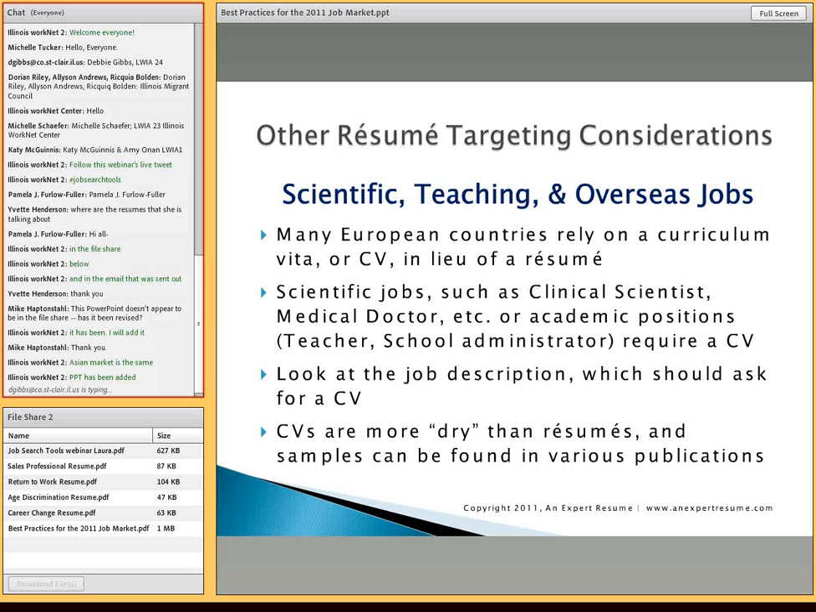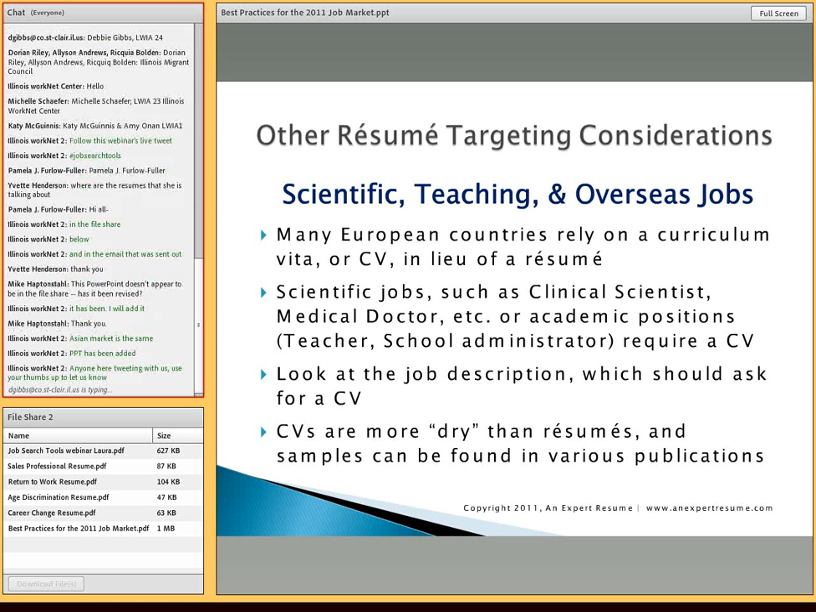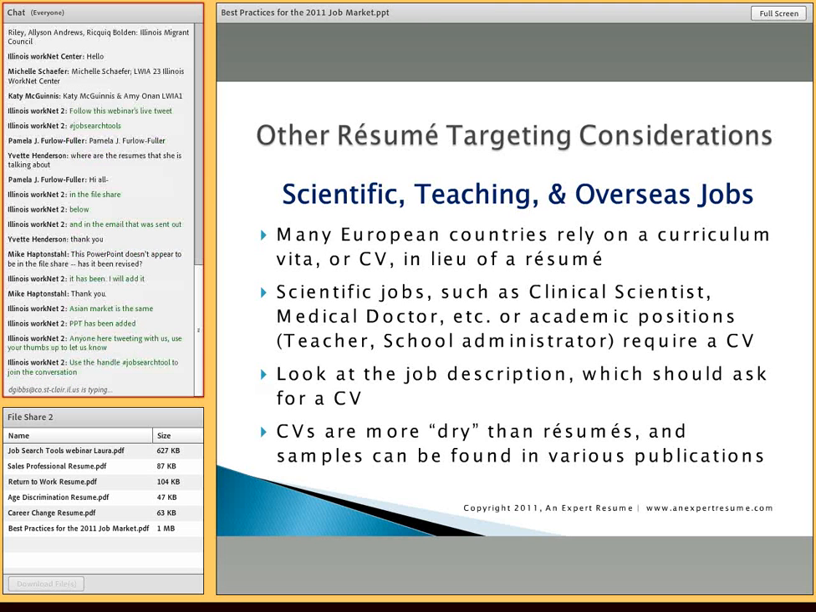The types of jobs that are a bit more what I would call cut and dried, scientist jobs, medical jobs, they will ask for a curriculum vitae. Curriculum vitae is basically much more of a straightforward list of here's what I've done, here's my education. There's really not much marketing put into a CV, and if you ever look up an example of a curriculum vitae, you'll see that it's a lot more dry, a lot easier